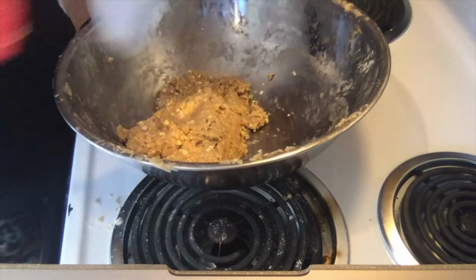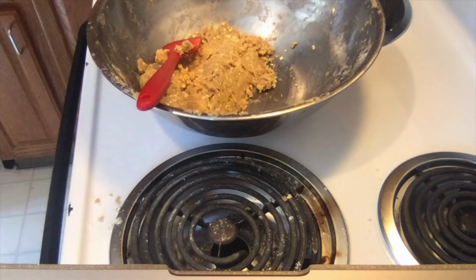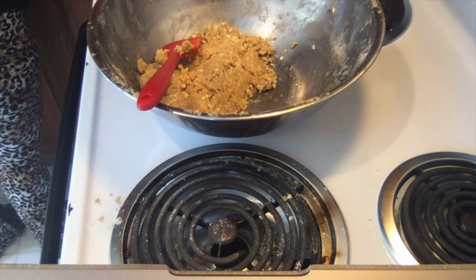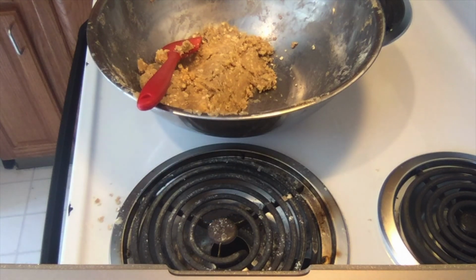I'm just going to move that batch of dough over to the side. And since the recipe calls for a cup of raisins for the whole batch, again, since we're only doing half the batch, roughly, I'm going to do roughly